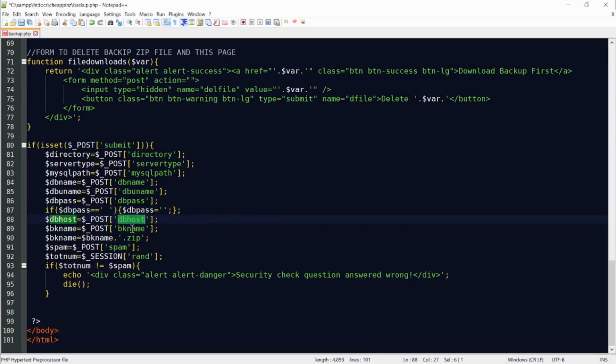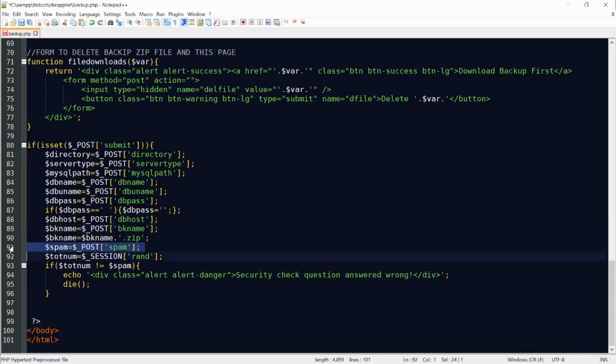Here's the database host, which would be localhost. This would be whatever the name is, the BK name. All right. Now this, what did I do right here? I added the .zip file extension on this, and the reason why is I didn't want them to have to remember to put .zip in the form. So if they put BK and they forgot to put .zip, I just made a .zip on there. Now, if they did put .zip, it wouldn't matter because it would just be .zip. Okay, so that's why I made this BK name. I just added a .zip onto it, a file extension,